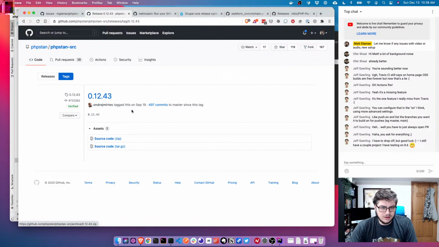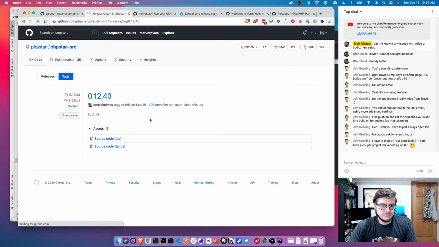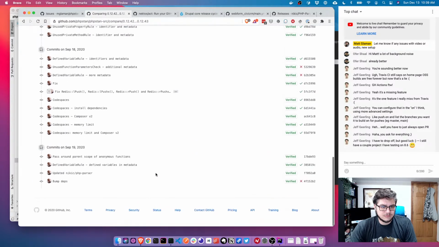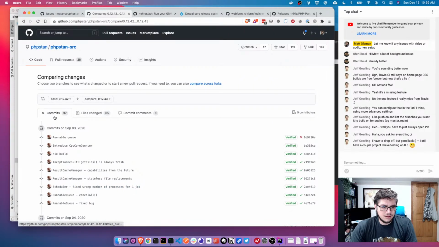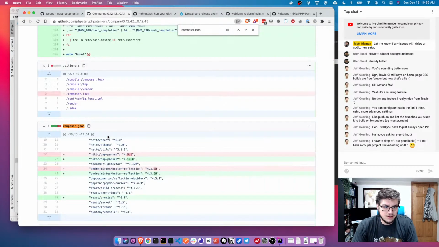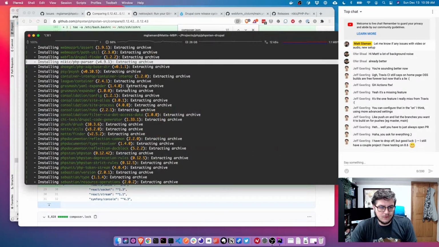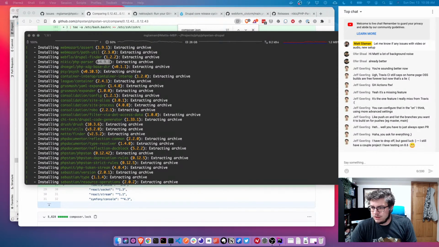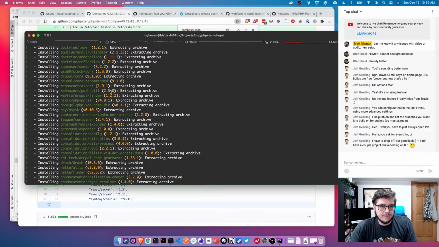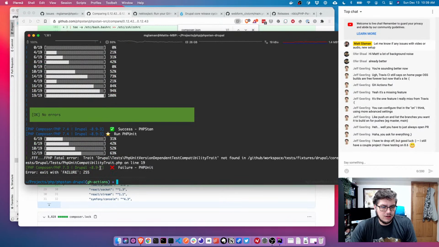So if we look at this release, if we compare it to 4.2, files changed, that's composer.json, yeah, so 4.9.1, that should be it, but wait, hold on, it's installing Drupal 9.1, even though it's supposed to be